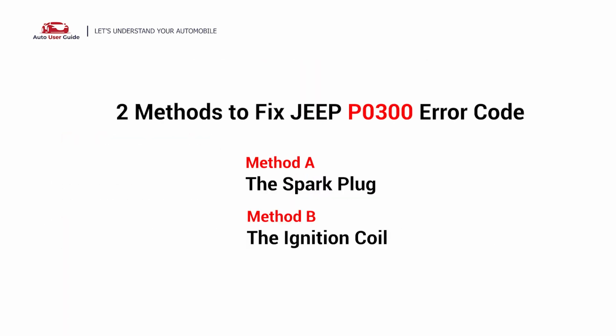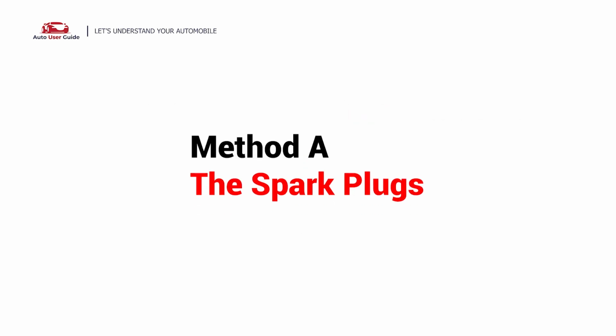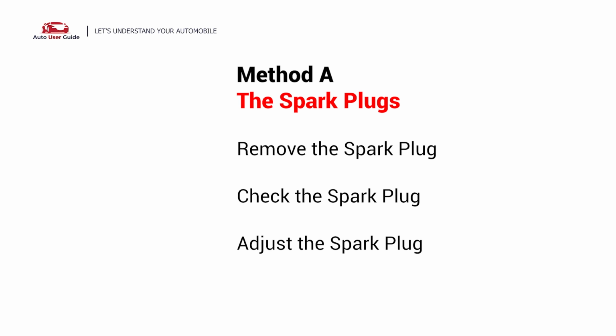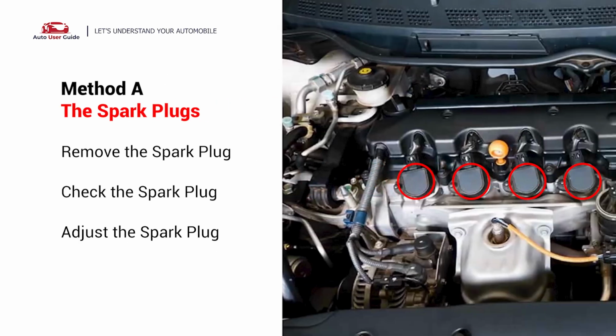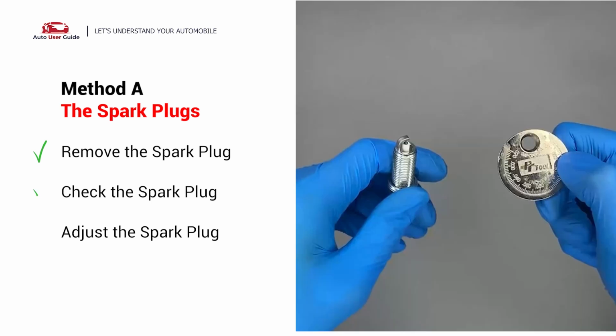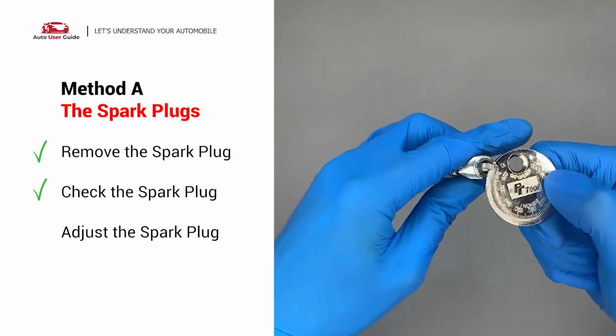Once you find the misfired cylinders, there are two simple DIY solutions you can try to solve this problem. Method A, the spark plug. The spark plugs are located at the engine end of the wires under the plug covers that attach them. First, carefully remove the spark plug. Use the spark plug gapper to check the spacing of this spark plug. Normally, spacing should be between